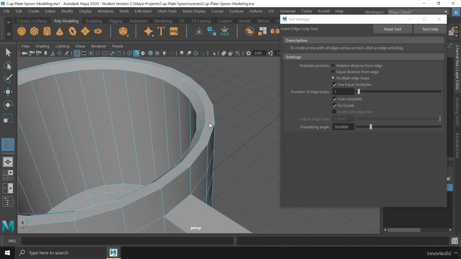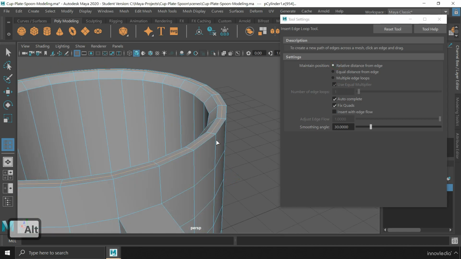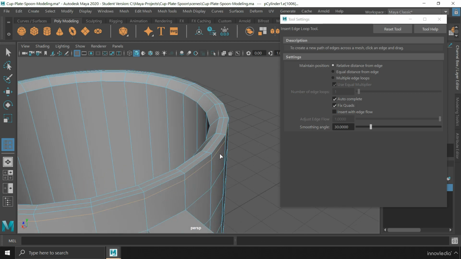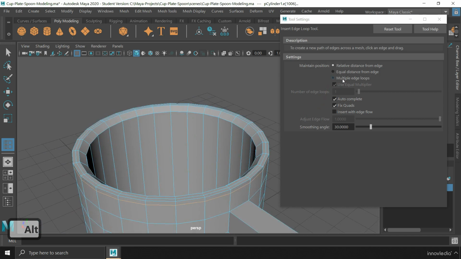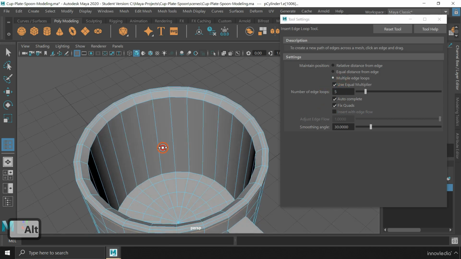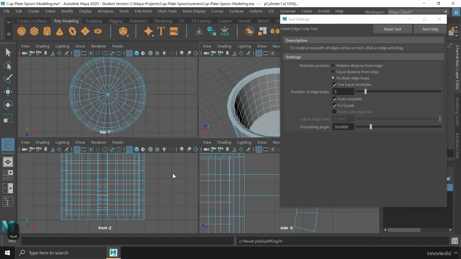I can enter one edge loop at the top and one around it so that they both hold this corner from smoothing too much. Then I can place 5 edge loops on the interior faces to hold the surface from being pulled in too much due to smoothing. I'm going to switch to the side view